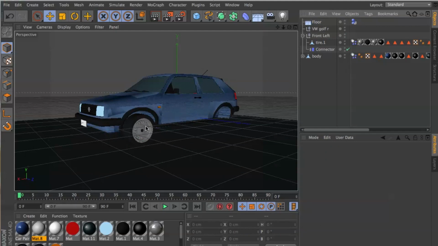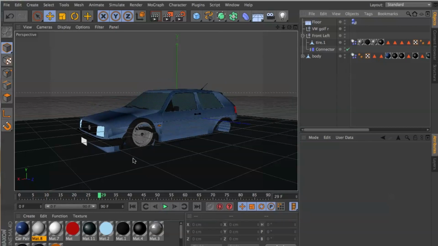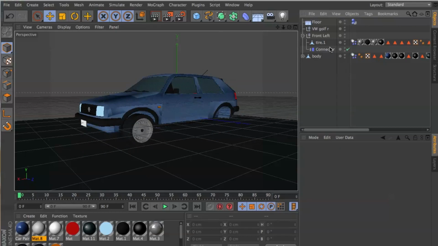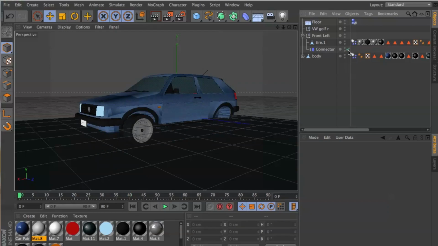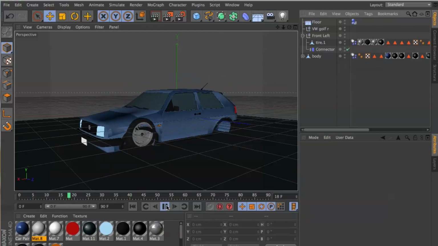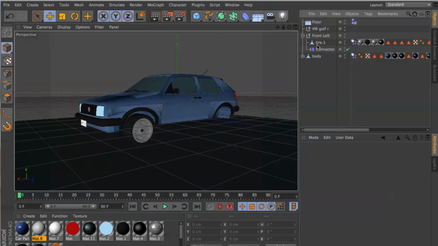And now just to test the connection between the wheel here and the body, I'm just going to click play, and obviously it just looks a bit odd, but it has worked because the tyre hasn't flown out. I'll show you what it looks like without a connector. So this is what happened if there was no connector. Obviously I'll select the connector, and you can see the reason it's doing this is because there's only one tyre on the car. So what we need to do now is we're going to need to